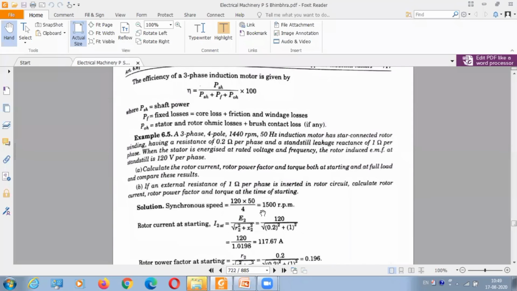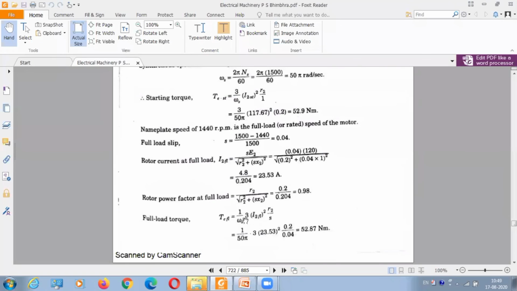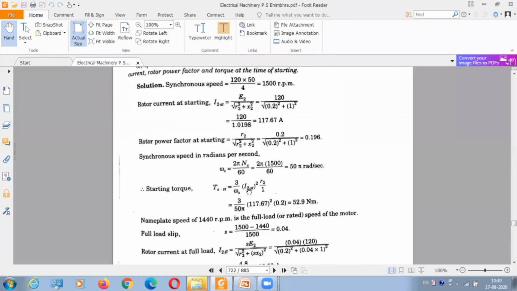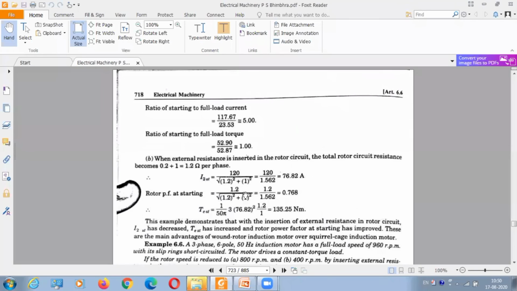Okay. And why is the torque multiplied by 3? Even if you don't do it, it will be fine. Generally the 3 phase torque, the total torque, has been found for that. There is no problem if you don't. But generally when we say power, we always talk in terms of 3 phase power, and torque also developed by that 3 phase power. So it's better to multiply with 3. Whenever you are finding out power, you calculate power multiplied by 3, meaning I2 square R2 by S into 3, and then substitute in torque equation. So it will be a good practice for you, since power is 3 phase over here.